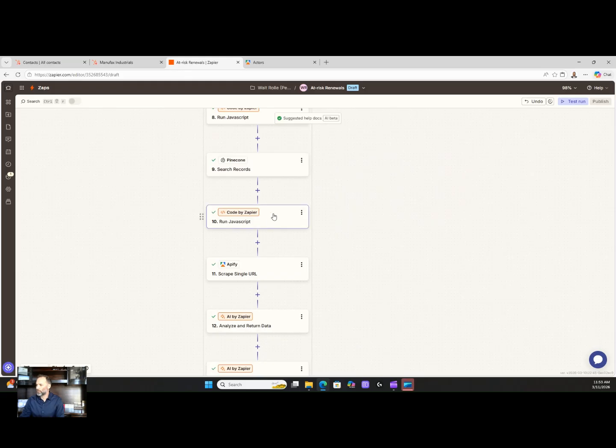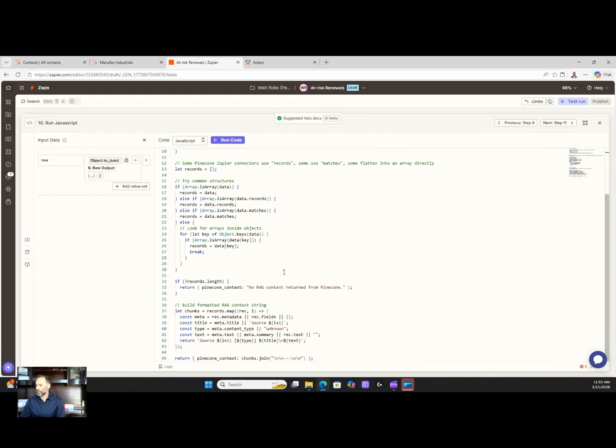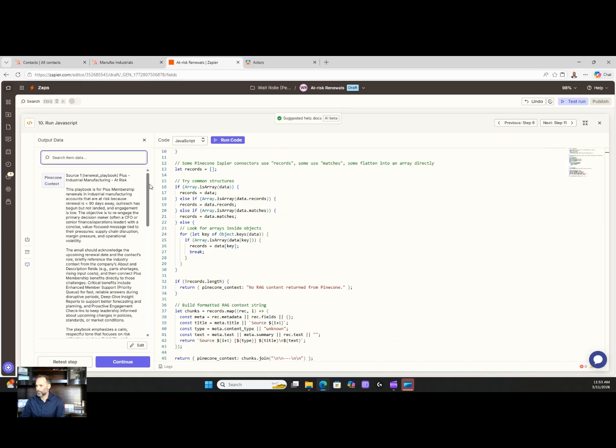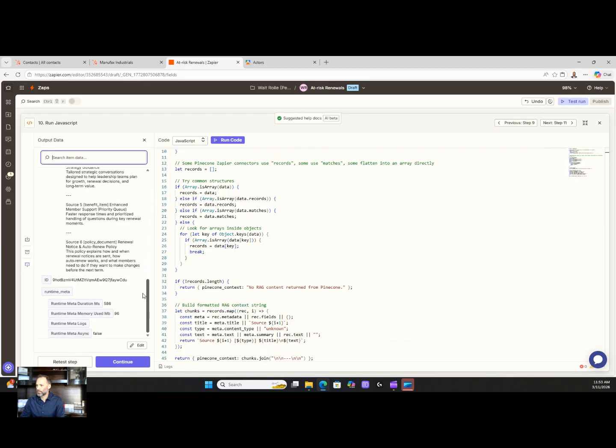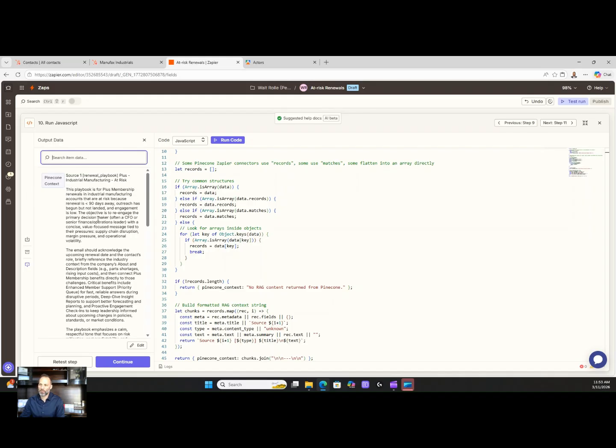Okay, so now there's some additional JavaScript being run. And what this is going to do is clean up that JSON format into just plain text because it will be more friendly for the LLM, essentially. And here's how that looks. So this is a much cleaner format for the LLM than trying to get it to read and parse JSON,